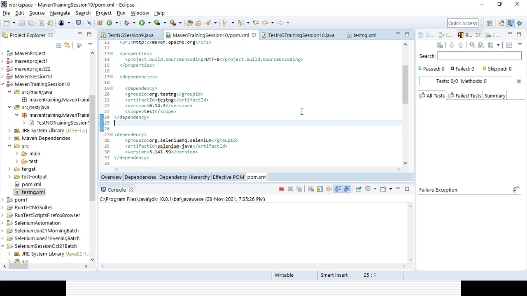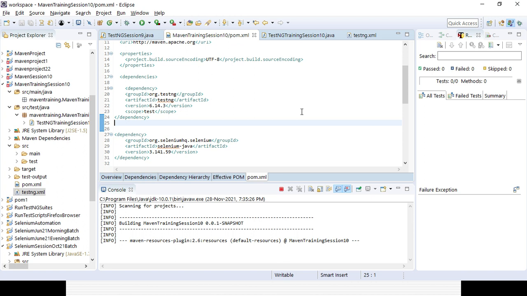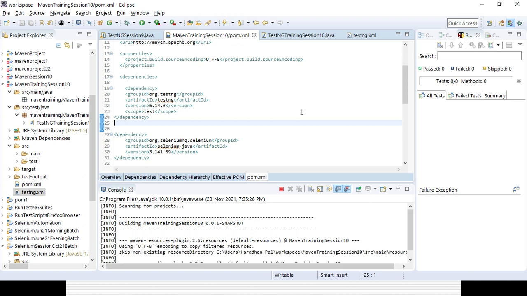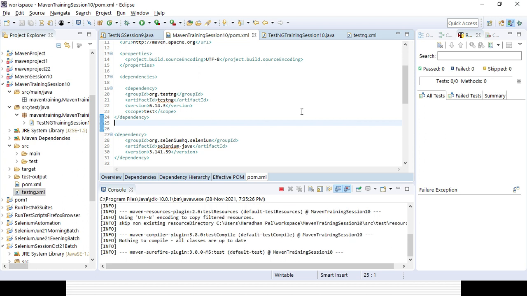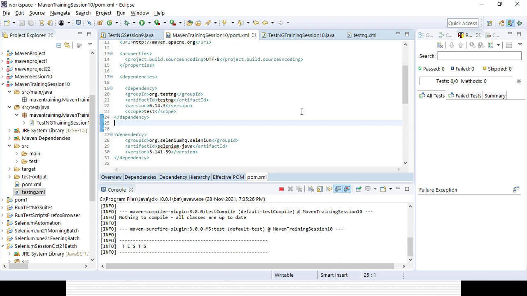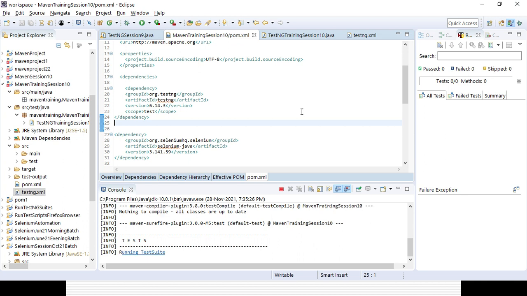The profiling concept I already showed, right? That package part will not be easily configured in the Java project. So we can see now it is trying to run. Running will be the same as with the testng.xml file, but with the help of Maven. You can see it is going to the test and trying to execute it. It is running the test suite, and it will launch the Chrome browser.